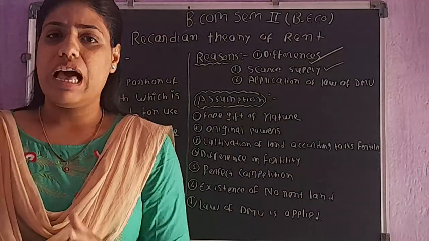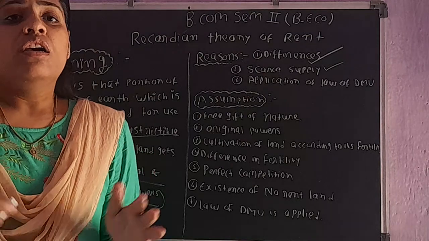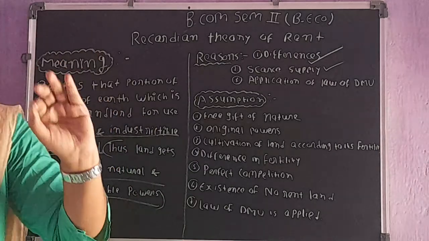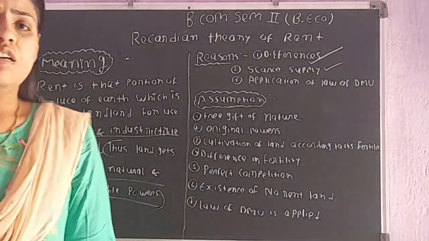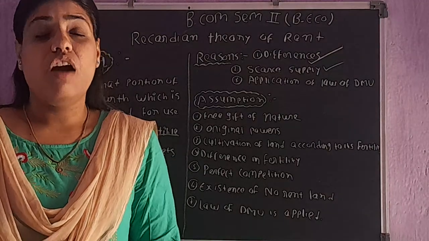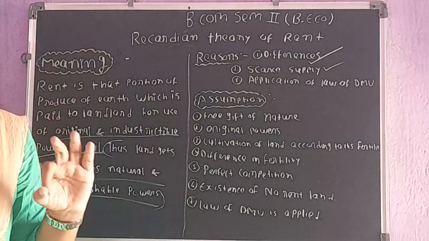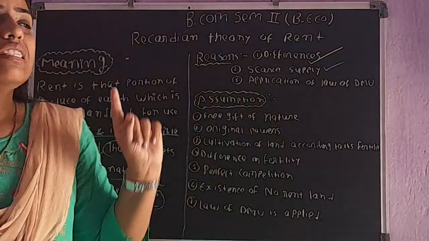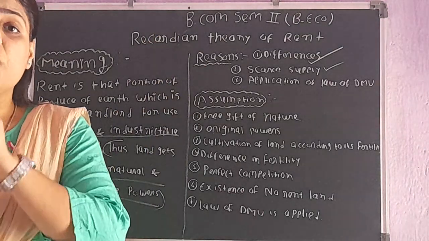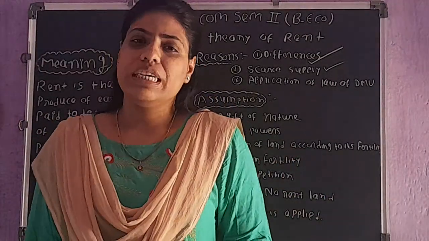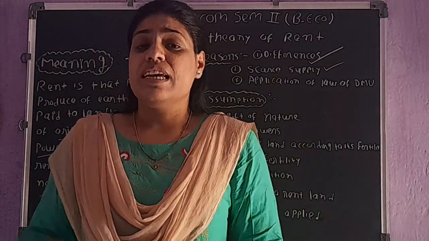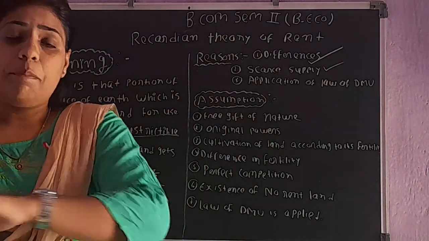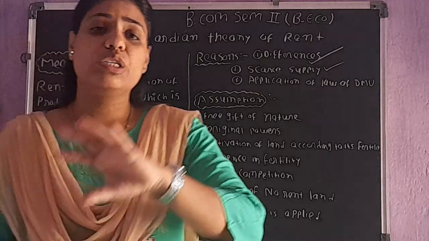If a particular country is having a particular area of land, or the world is having a particular area of land, and if the demand for the land in the world is being increased, can you increase the supply of land? Of course not. At any cost, supply of land cannot be increased in the world, and that is why land is considered to be a scarce resource which is having perfectly inelastic supply. Why am I saying perfectly inelastic supply? Because even though the demand for the land increases, still supply of land can never be adjusted according to its demand.